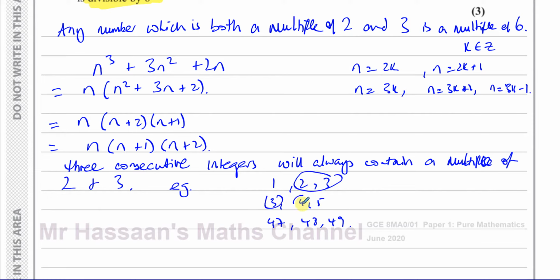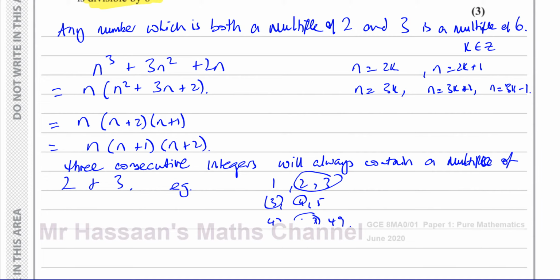Here you got 3 and 4. Here you got 47, 48. That's a multiple of 2 and 3 as well. Both of them. That's 2 times. That's 2 goes into 48. So does 3 as well, right? So every case you see, if you try different cases, you'll see that they'll all contain a multiple of 2